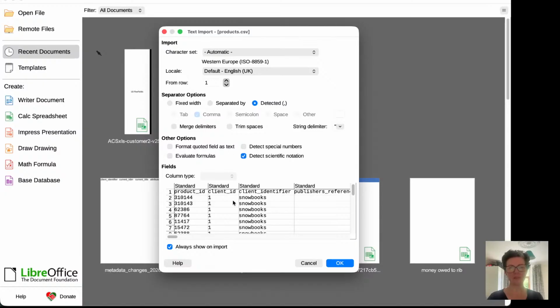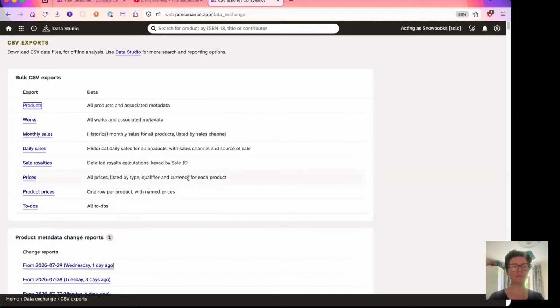what are we looking at here? This is a list of products. I'm not going to open it in LibreOffice. You could do that for works, for monthly sales, daily sales, all of your sales royalties. So for every sales transaction you've uploaded to Consonance, we will keep a log of how much royalty you calculated on it, so that at a line by line level, you know that you paid that much royalty on that sales transaction. Or at least the royalty amount was calculated on that sales transaction, and then it would have gone into a